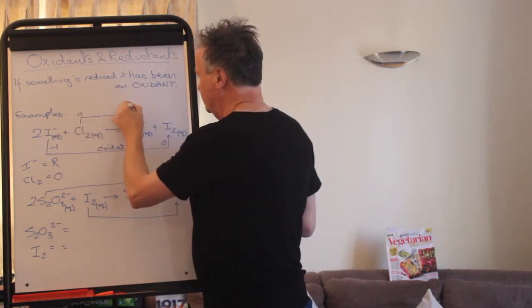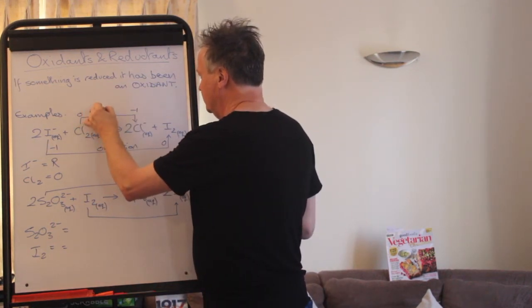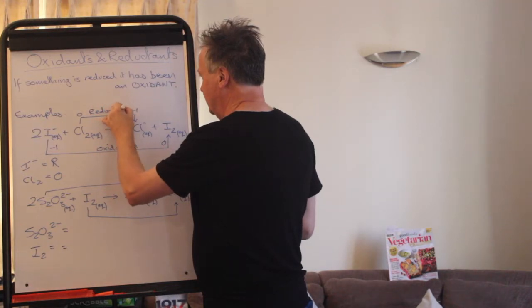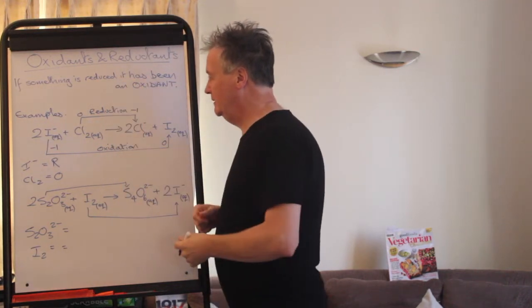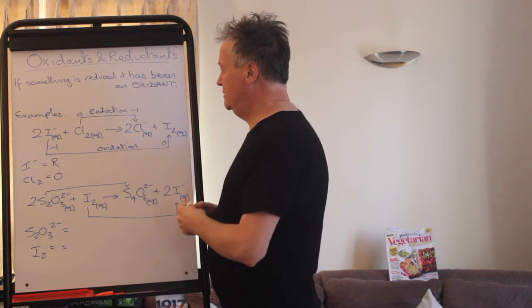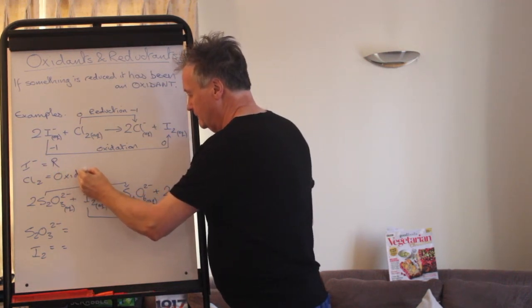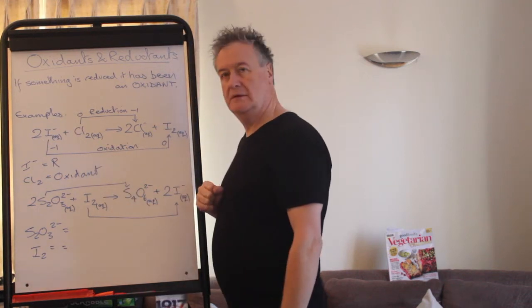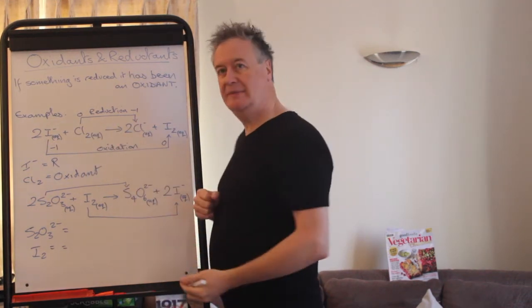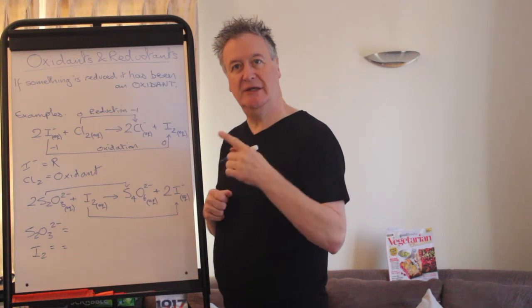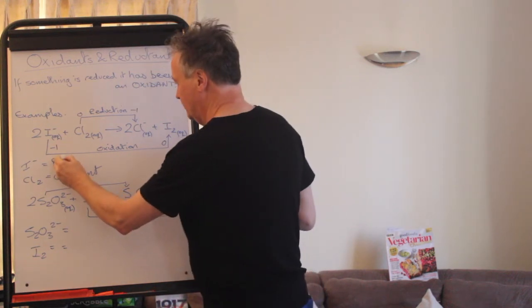Chlorine is 0, chlorine there is -1, that is reduction. And if something has been reduced, it has been the oxidant. Chlorine is therefore, by virtue of chlorine being reduced, it has to have been the oxidant in the reaction, and therefore